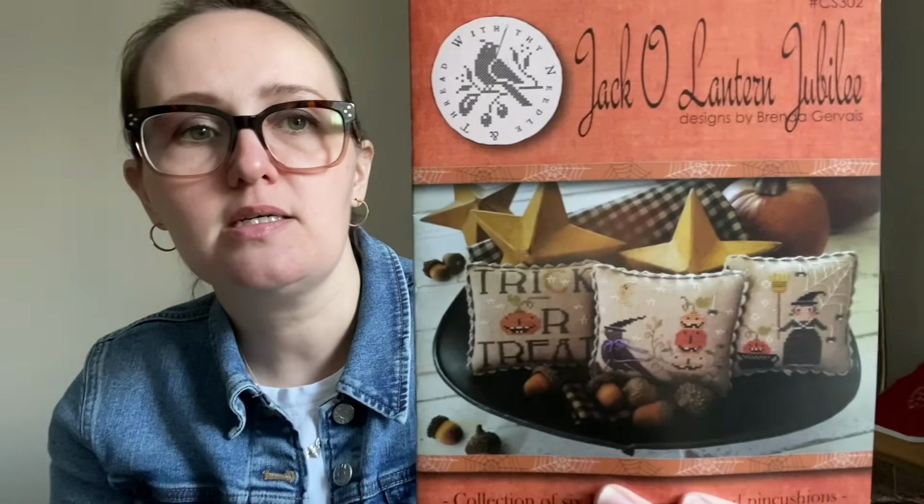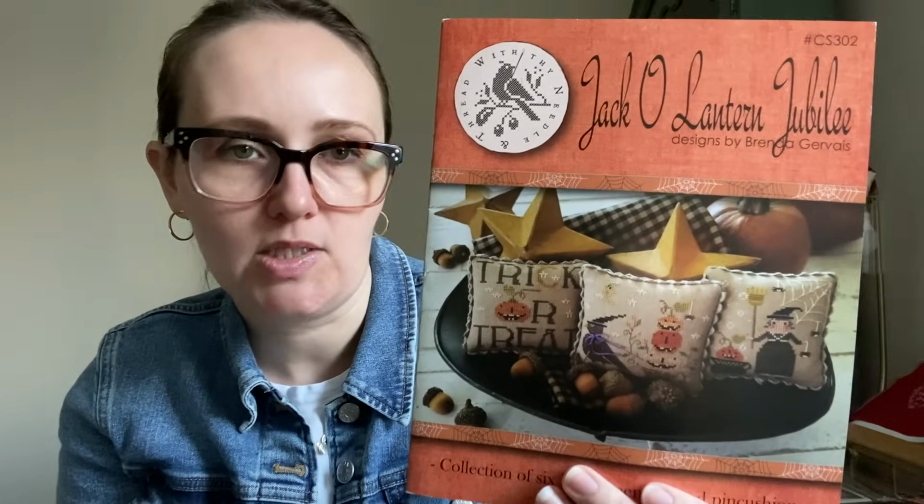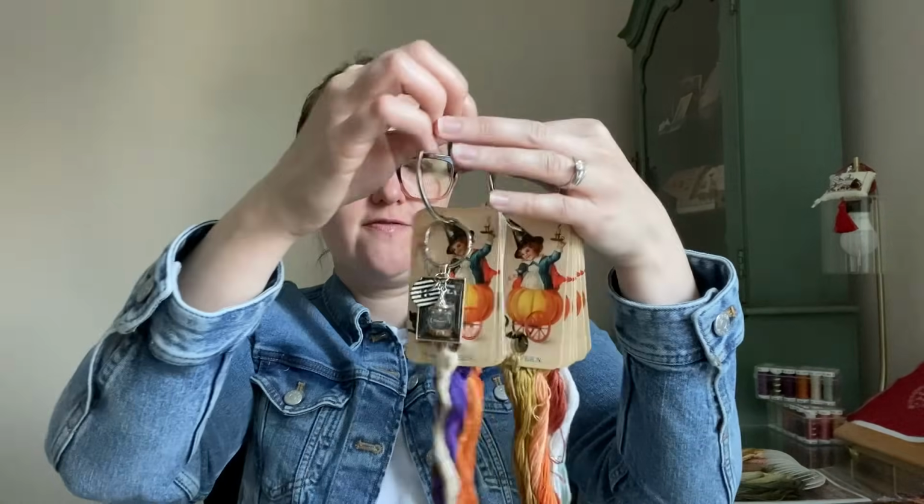So I'm going to stitch this one. That'll give me a trio out of this book, and I think I'll be happy with this. This is Jack-O-Lantern Jubilee. This is still widely available. You should be able to find it at your L&S if they carry Brenda Gervais. So I pulled that out, and that way if I finish, oh, and Laura, thank you for the